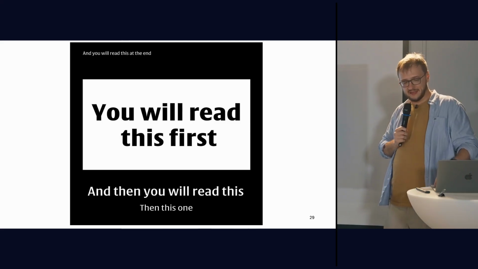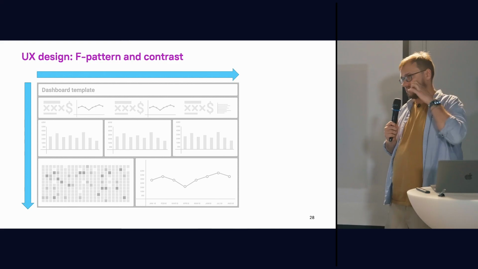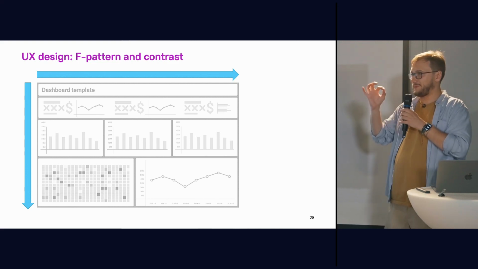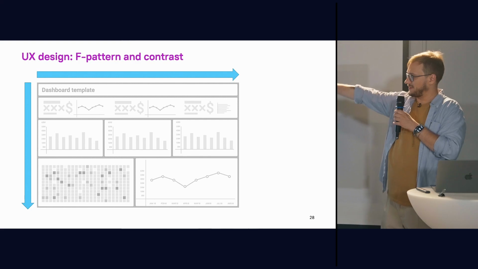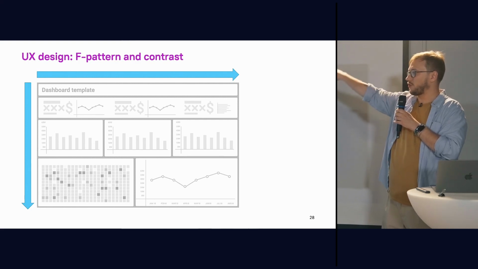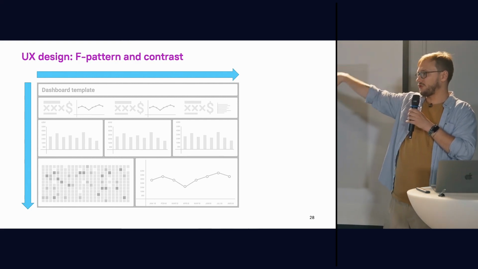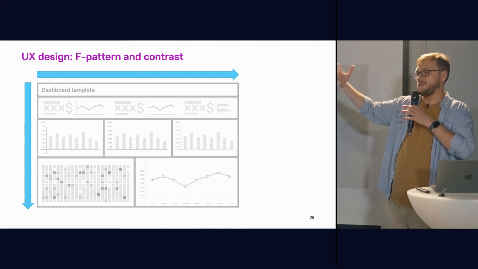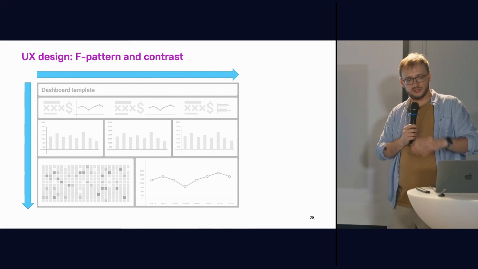And the main idea is that the placement of the elements of the dashboard depends on two things. The location according to the F pattern and the contrast, how much this object is contrasted. Is it big? Is it in a different shape? Is it in a really bright color? And so on and so on.